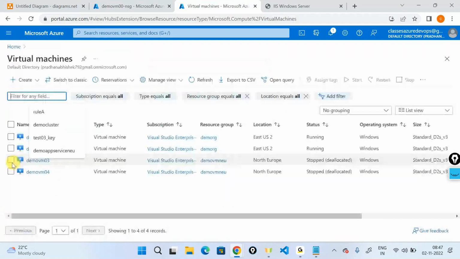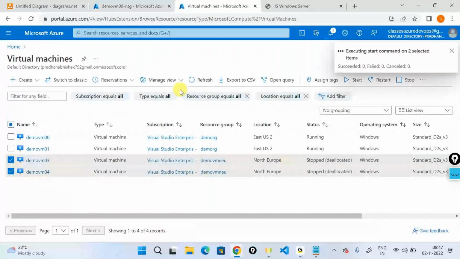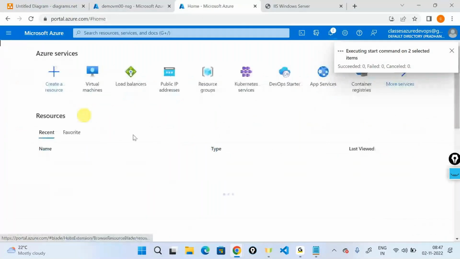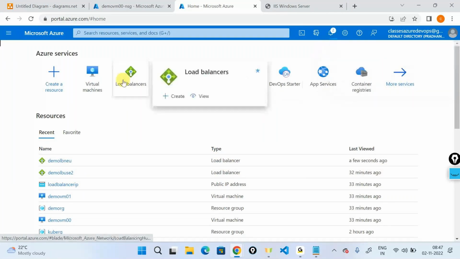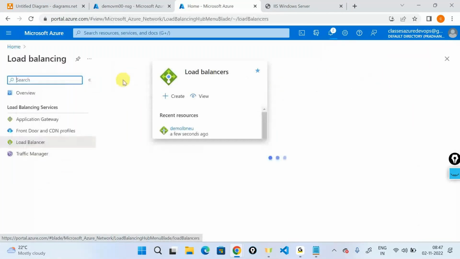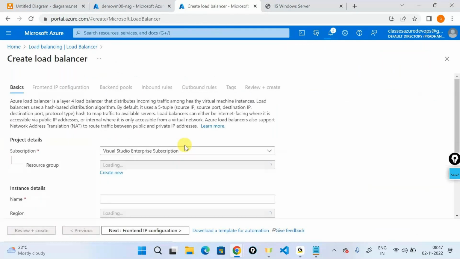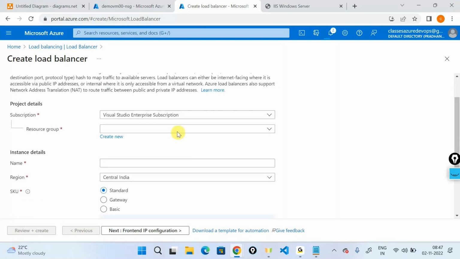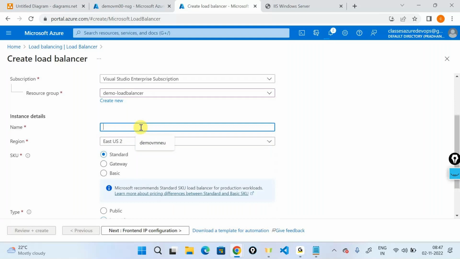So I'll select demo VM3 and demo VM4. I'll just hit the start button. I'll start this out, and let's wait for this. It'll get started in the background. What I'll now do is go to load balancers again and create a new load balancer. And this time around, I'll create a global load balancing mechanism. So I'll say, okay, fine, I want to create a new load balancer. I'll name it demo load balancer, global load balancing mechanism,